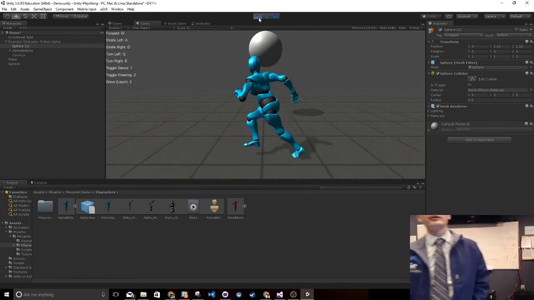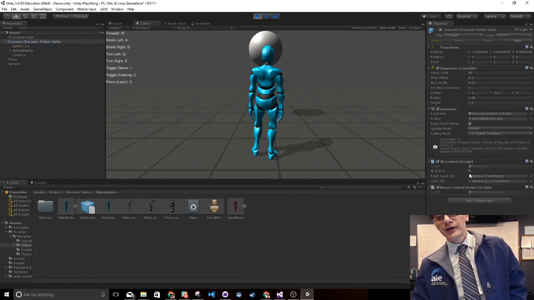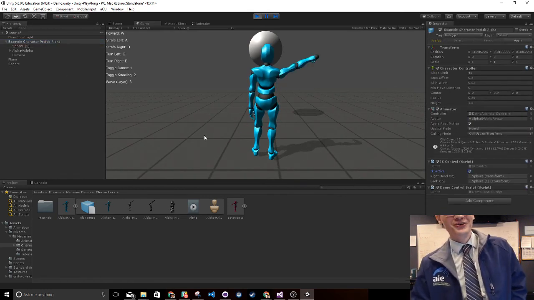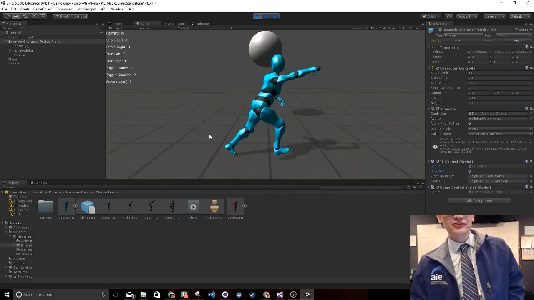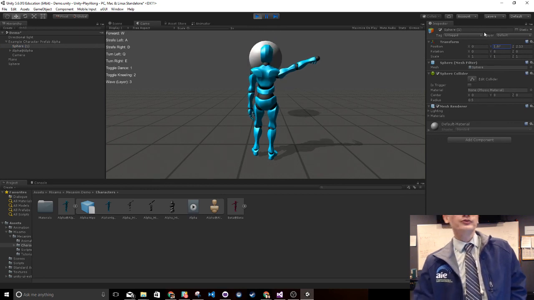So yeah, he's like nothing. Nothing's happening right now, but once we enable the IK, he's going to do stuff. He's always going to look at this thing, and if you move this object around, he's going to move his head down, look up. I wrote a script this weekend that was like